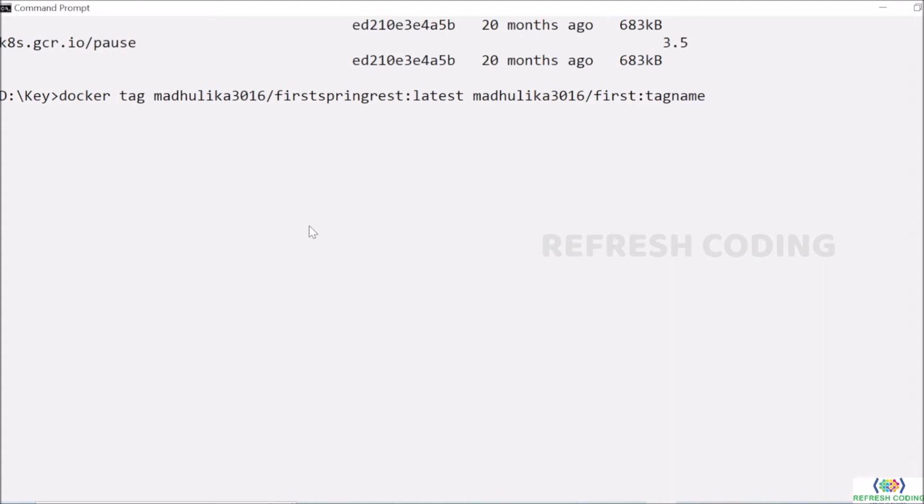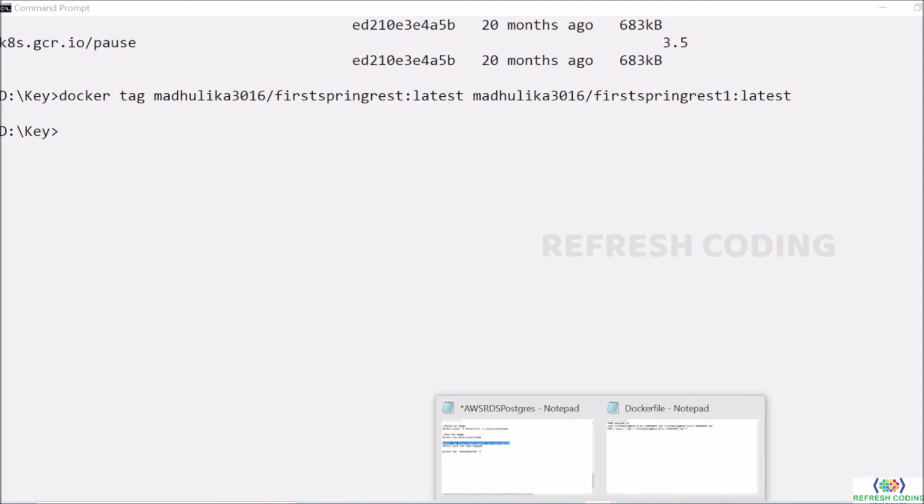First, Spring REST and 1. That's why I have given 1, so that you can differentiate that this is our local image and this is our repository. Again I will give a tag name here. So let's say the tag name is latest and enter. So if you can see, you again got this thing. It will not give you any output because it is just to create the tag. After that, by using this tag, we will push the image.